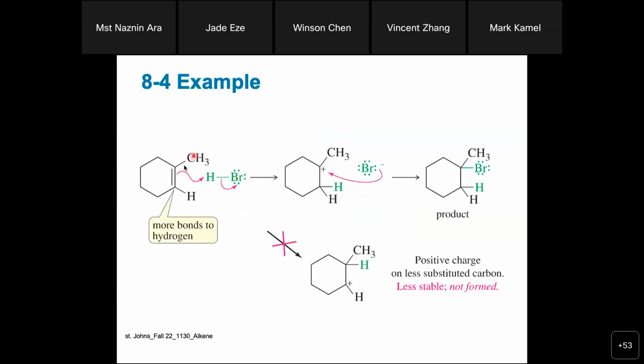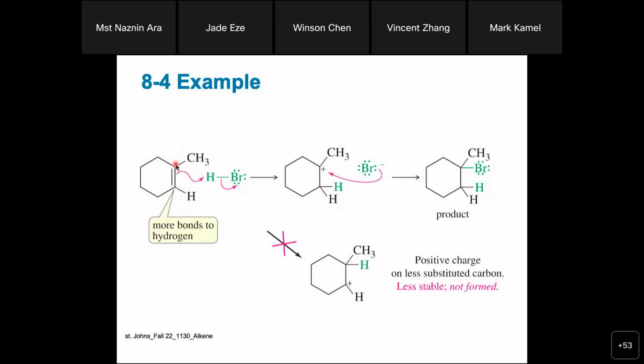Now, here we can see another example. You remember that when we name a cyclic alkene, we always start from where we see the double bond, we say this is 1 or this is 2, like that. So now we will do the same addition reaction. If we consider this carbon and here is another carbon, and this is the double bond, in that case this carbon has a hydrogen, but this carbon has a methyl. So obviously here the protonation will happen, and here the carbocation will form, and here the nucleophile